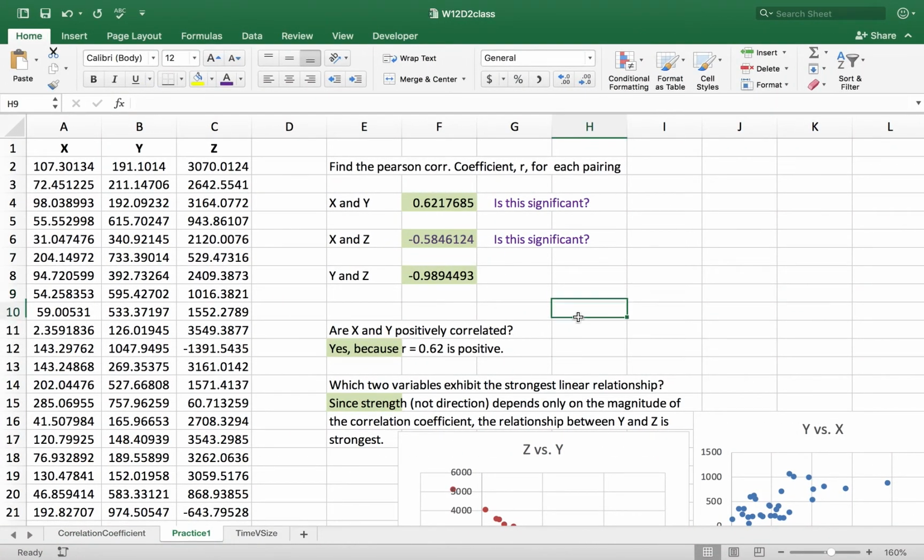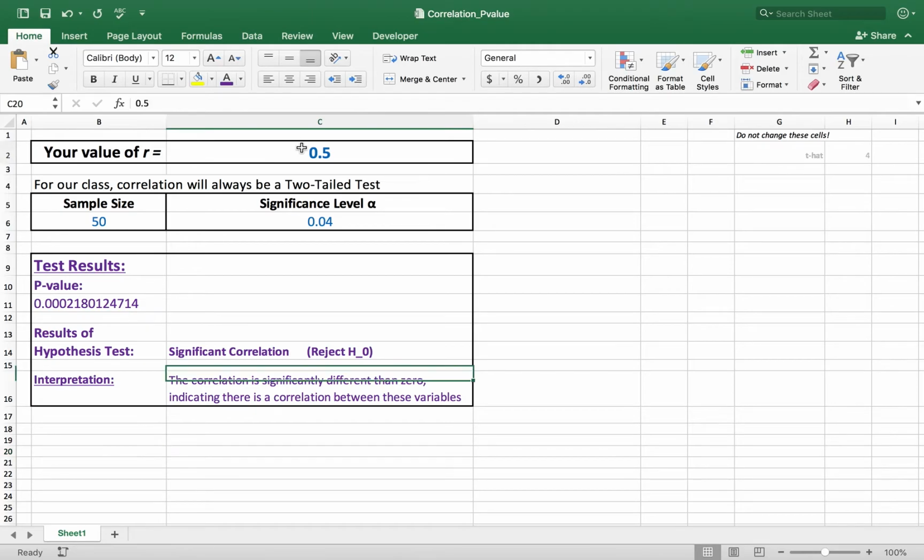Now let's jump over to our questions over here. We're back in the W12 D2 class Excel workbook. Now in this case, we're asking, for the relationship between x and y, do we have a significant correlation? All right, is this thing significant? Well, we've got a Pearson correlation coefficient of r equaling 0.622. So if we plug into our correlation p-value, 0.622, we have to update our sample size because we don't necessarily